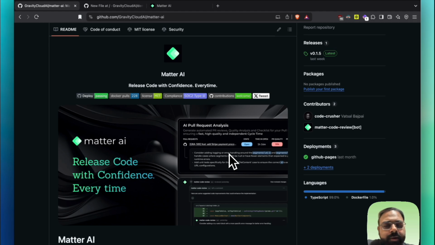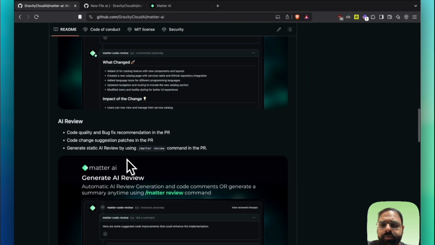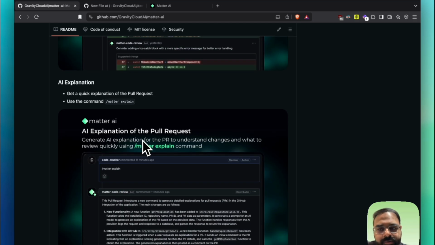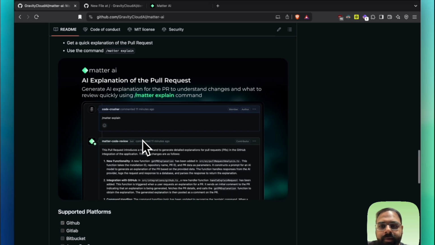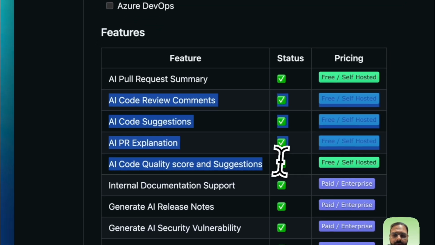So that's why we have created Matter AI, which helps you solve all these three things and ensure that your productivity is high and you save a lot of time reviewing PRs or even creating PRs. So let's dive in. Matter AI is an open source tool which helps you generate summaries and quick code reviews, but specifically for any performance issues, bugs, and security vulnerabilities. It also helps reviewers generate explanations so that they can understand what happened, where it happened, and what they really want to review. So instead of reviewing 5,000 lines of code, there's a specific set of things that you really need to review. In terms of features, all of them are listed here.